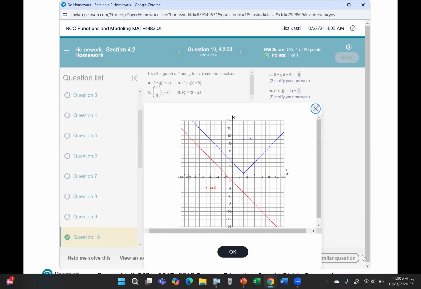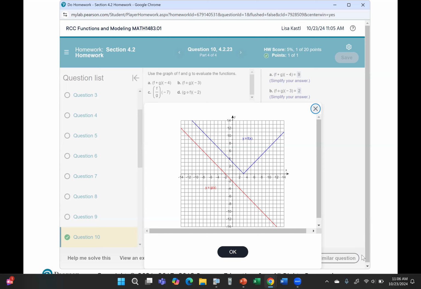To be able to do f plus g at -4, I need to know what f at -4 is, and I need to know what g at -4 is, and then I'm going to add them up. So f plus g of -4 is f of -4 plus g of -4. Okay, so we're going to first look at the blue graph, and we're going to evaluate the function f at